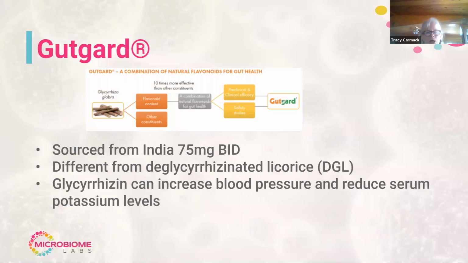It's different from deglycerinized licorice, which the glycyrrhizin component can increase blood pressure and reduce serum potassium levels, but it probably won't, because it really is at such a low level in this product that I would be surprised if it did. Only if someone were to overdose would it be able to do that, because the concentrated flavonoids are the key